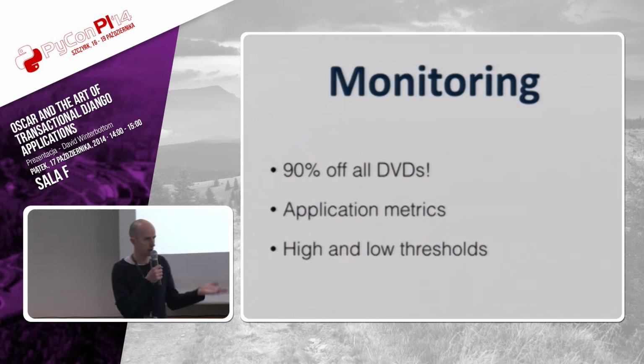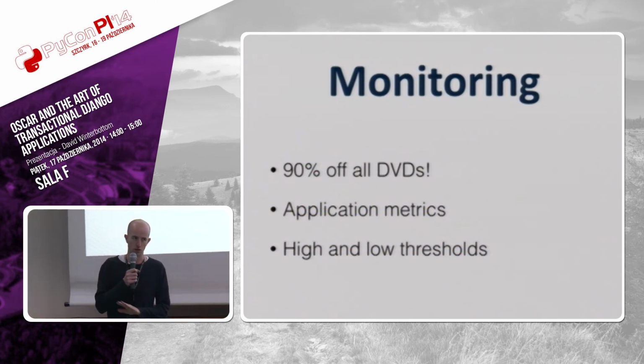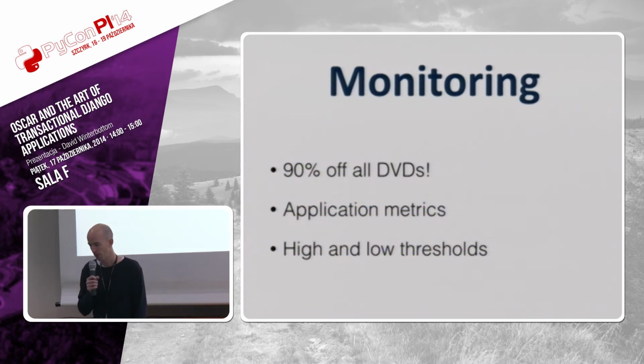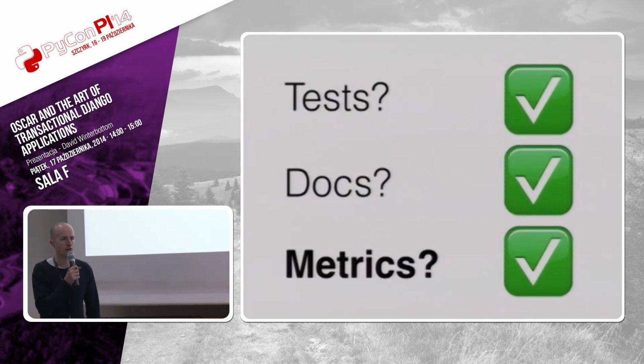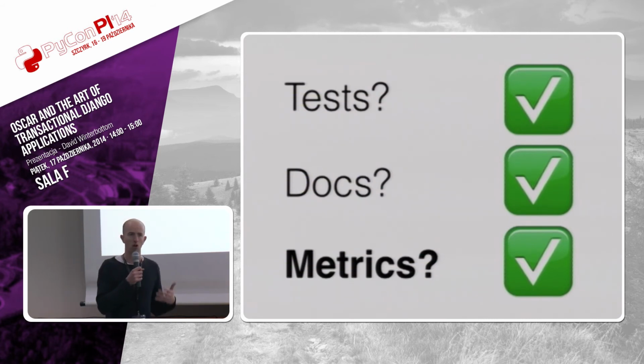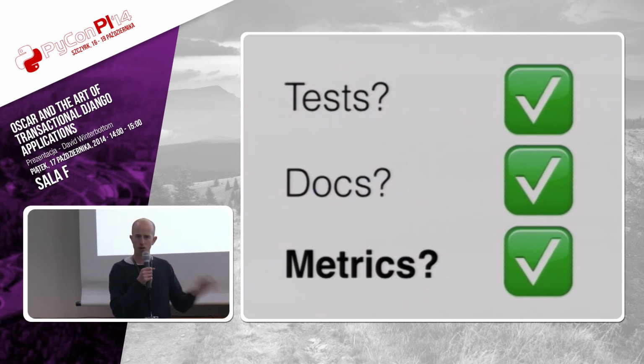It's all very well monitoring, but you need to deliberately not publish prices if they've changed by more than 20%. And this is really an application metric. I think we've got to a point now where, whenever you're writing any new code for a particular piece of e-commerce functionality, you always want to have tests, of course, or documentation. But one of the things we've learned is you also want to have metrics for it.